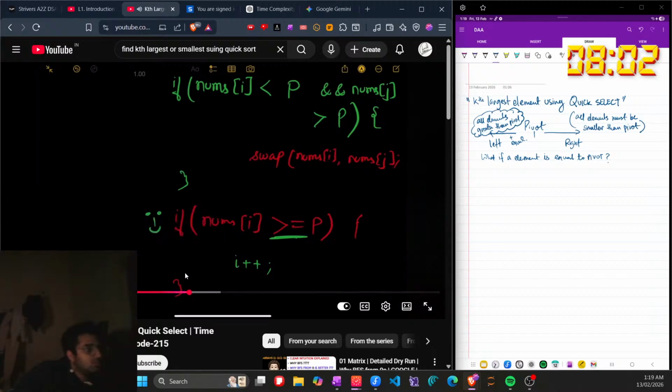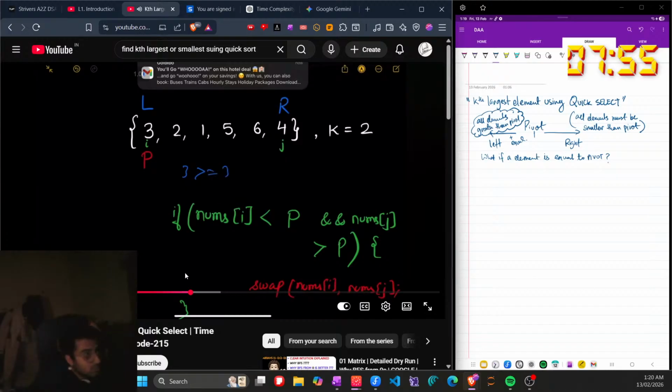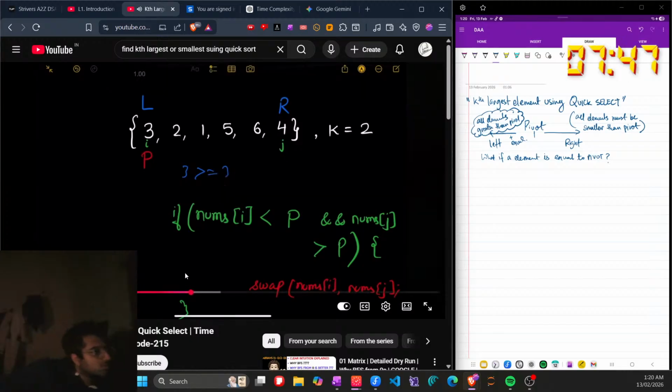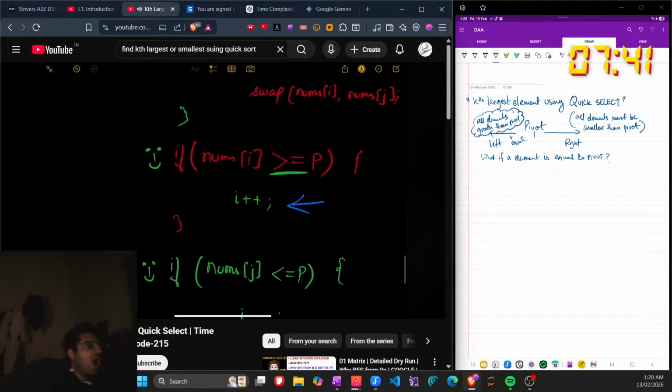क्या nums of i greater than or equal to p है। nums of i क्या है, 3 है ना, 3 greater than or equal to पिवट वाला एलिमेंट कौन है, 3 है, बढ़िया। तो मतलब ये करेक्ट है, तो i को आगे बढ़ा दूंगा, ठीक है। i को आगे बढ़ा दिया, देखो यहाँ पर i आगे बढ़ गया, ठीक है। थोड़ा सा पेशेंस रखो, अभी देखना और क्लियरिटी आएगी।